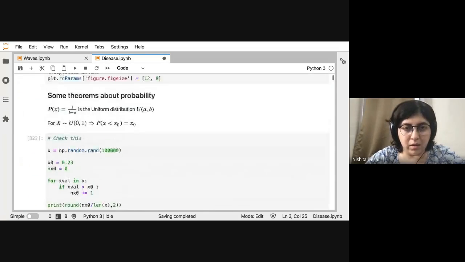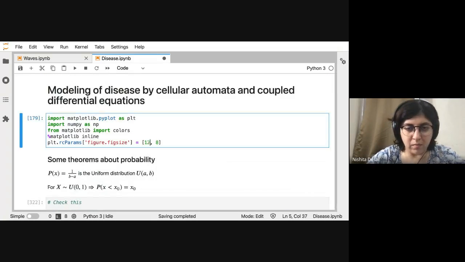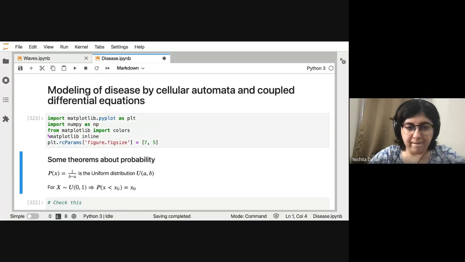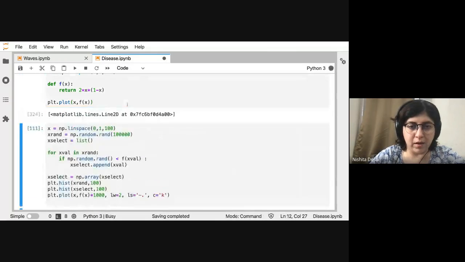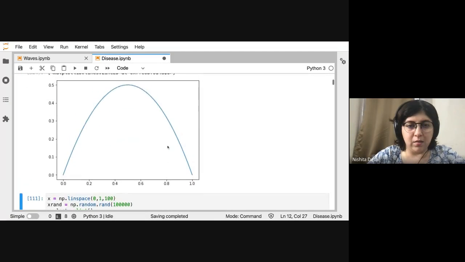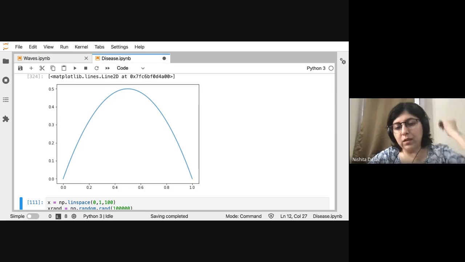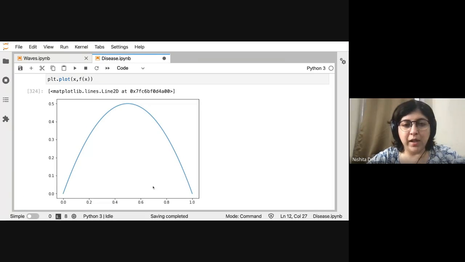Okay, so let's try. All right. So you can see that this is what the function looks like. It's 0 at x equal to 0, and it is 0 at x equal to 1, and it has a maximum at x equal to half.